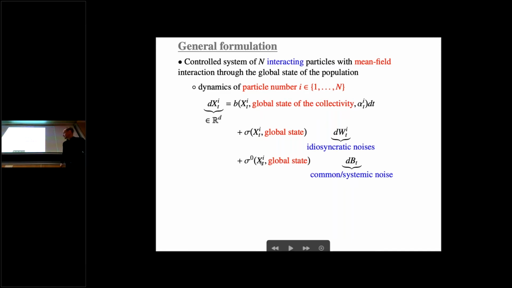And the last line, this is very similar, but now you see that the noise that you have is the same for all the particles. And this is what people call in the field a common noise. So all the particles are feeling the same noise. So now this is a noise that is acting on a macroscopic level because the whole population is going to be randomized under the impact of this common noise.